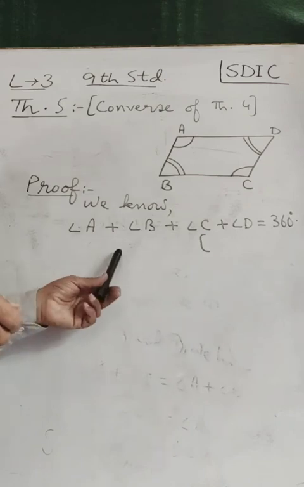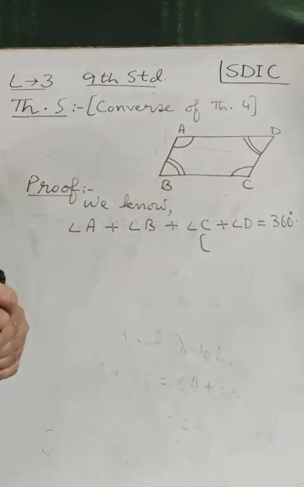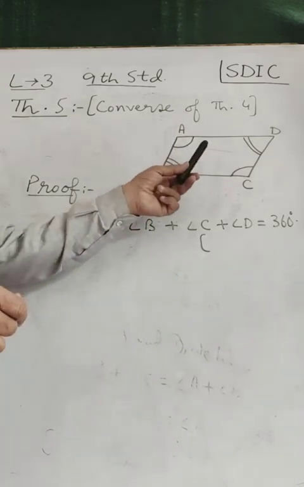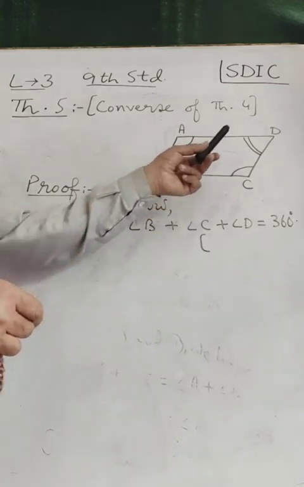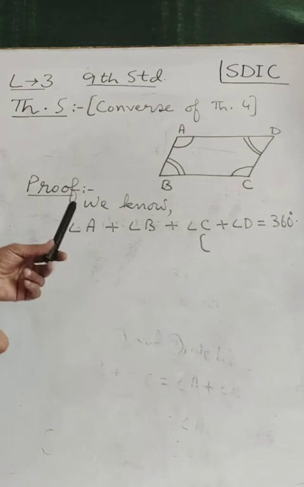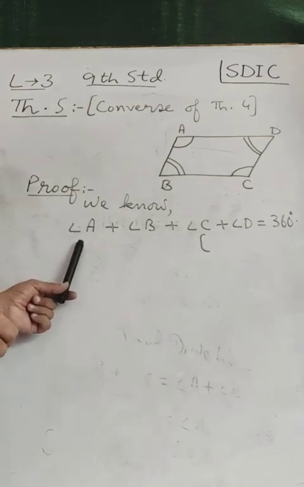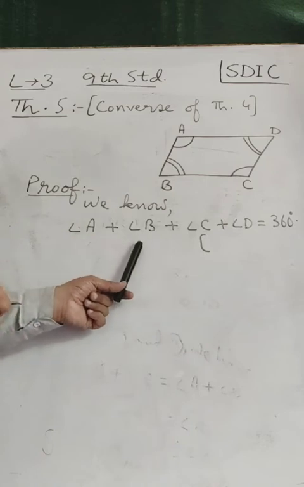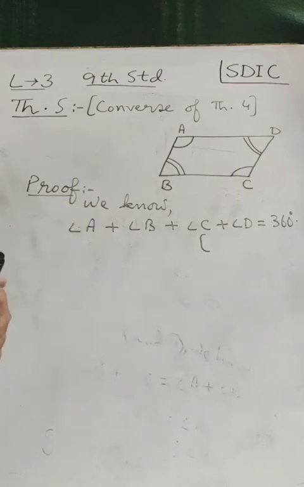And then in this result, we will use the given condition. What is given to us? Angle A is equal to angle C, angle B equal to angle D. We'll replace therefore angle A by angle C because angle A is equal to angle C, and we'll replace angle B by angle D because angle B is equal to angle D. We'll get